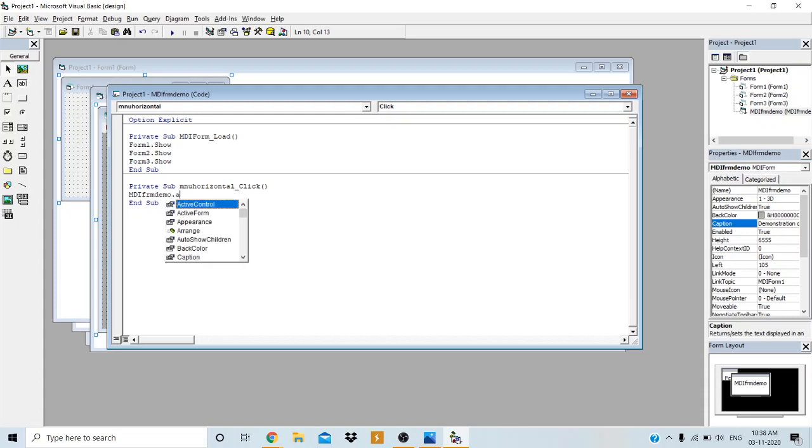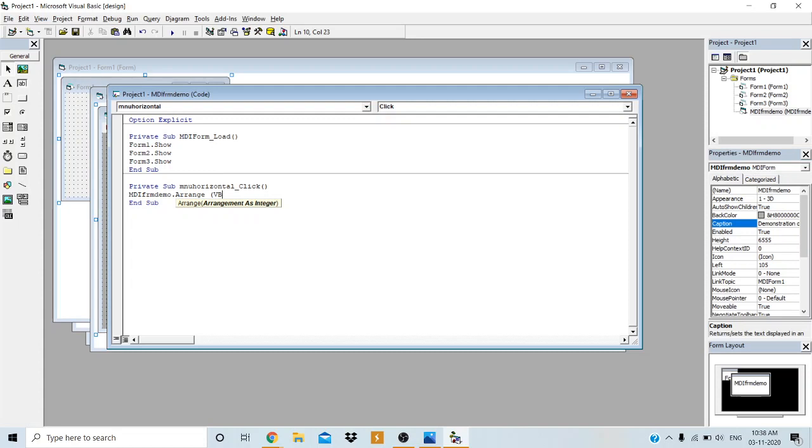Dot. We have a method called arrange. Remember that we have a method for the MDI form called arrange. It is going to arrange the child forms. We have to provide the argument here. What must be the first type of arrangement?